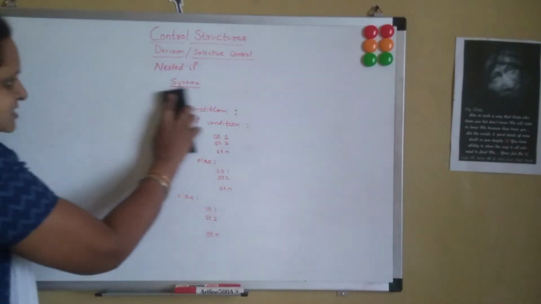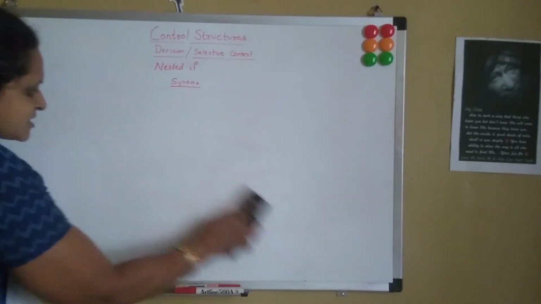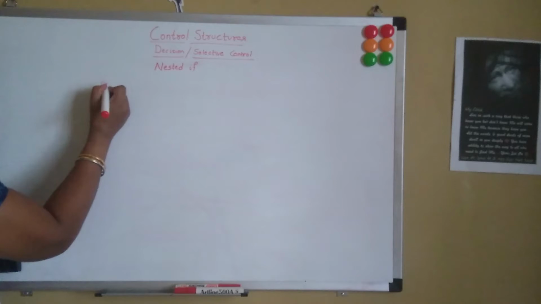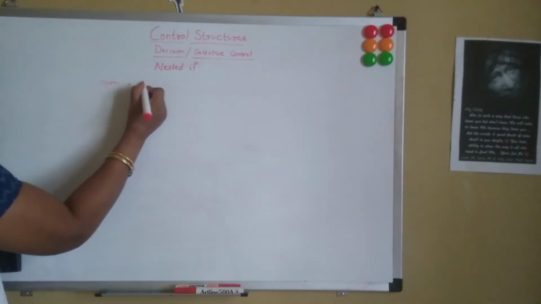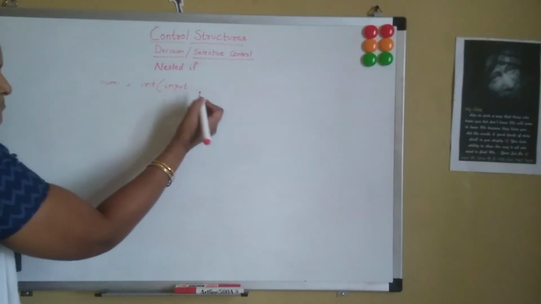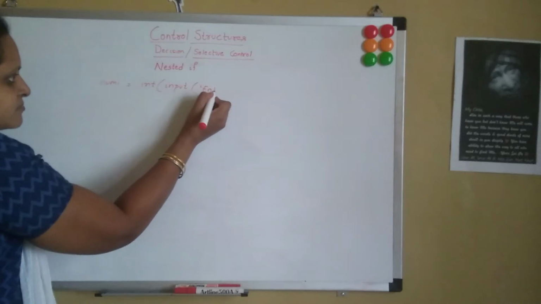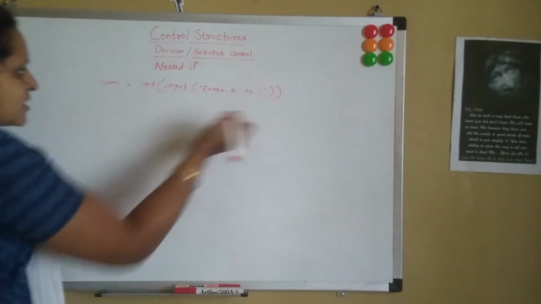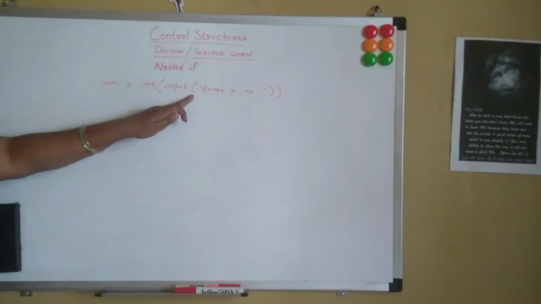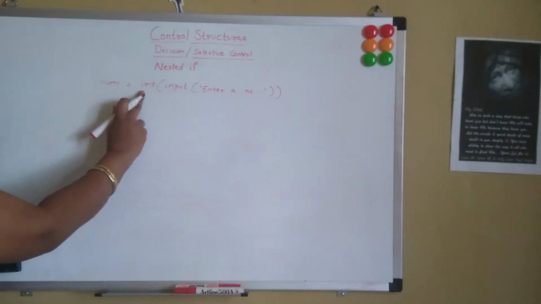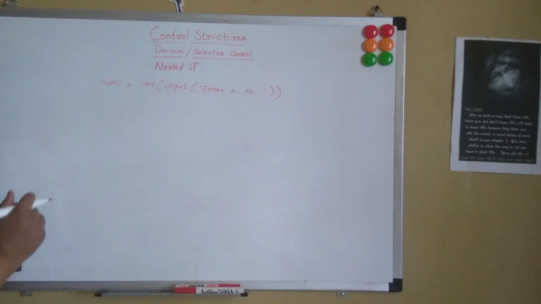Now let's look into a code example and see how it works in Python. So syntax we have covered. Now let's look into one of the code examples. Say num1 is equal to int(input("enter a number")). So here we are taking the input from the user, which is in the string format, and we are type converting it into an int so that num1 holds an integer value.